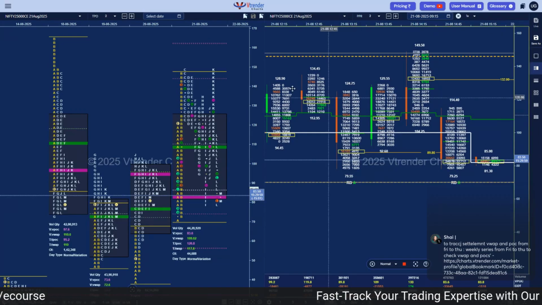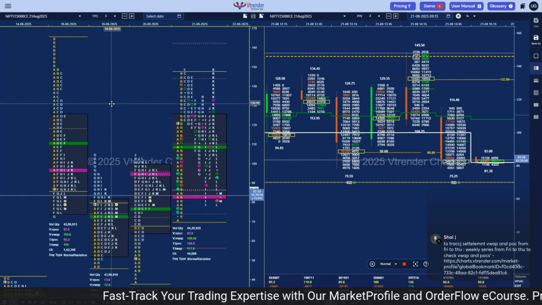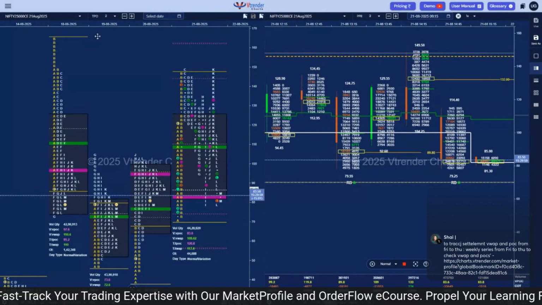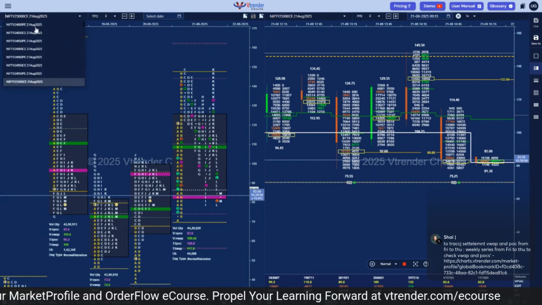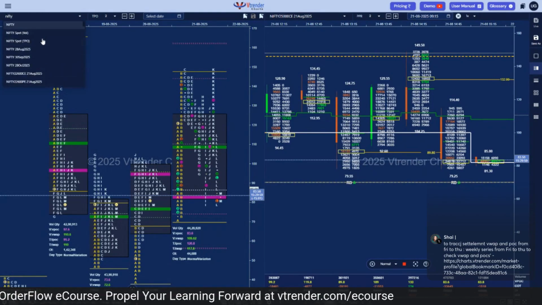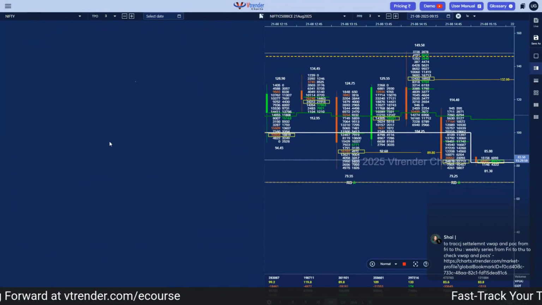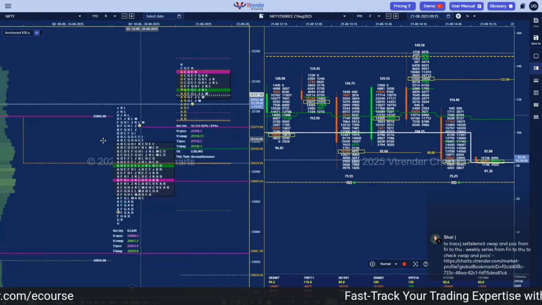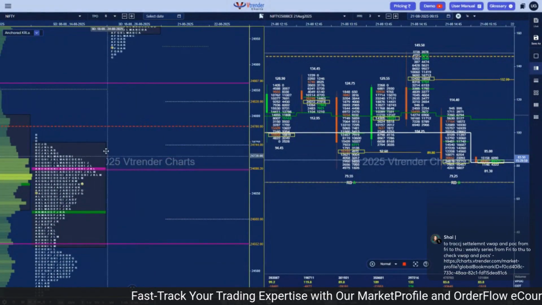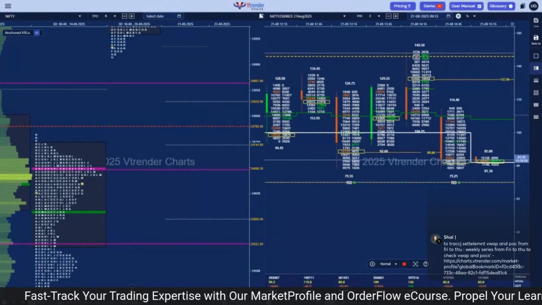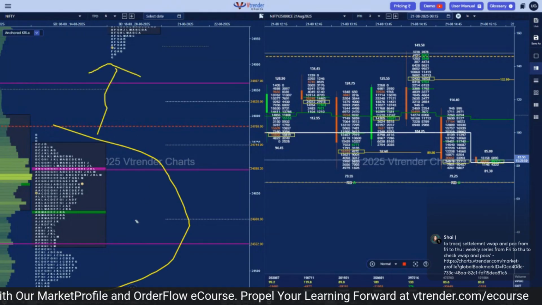And also what we can do on the market profile side is, because in futures we also track the weekly futures, we can go to the Nifty series, go to this weekly series, and see what we are doing compared to the weekly series. So this is the previous week settlement, and you can see how the gap up ensured that we are above the previous week value and